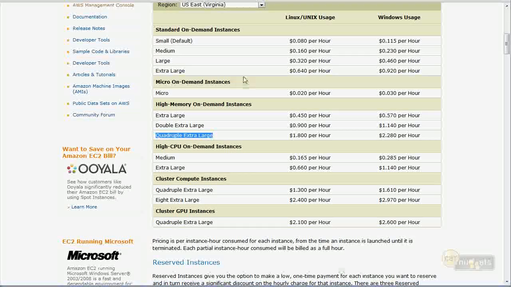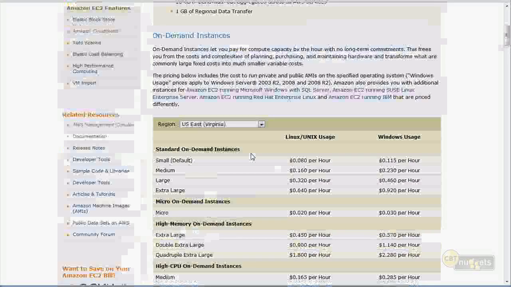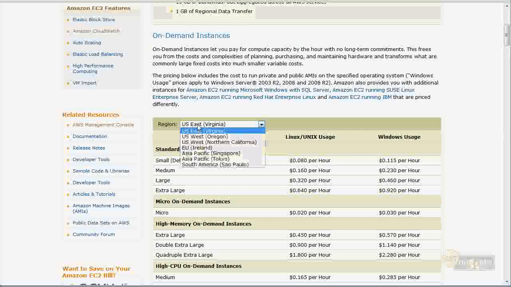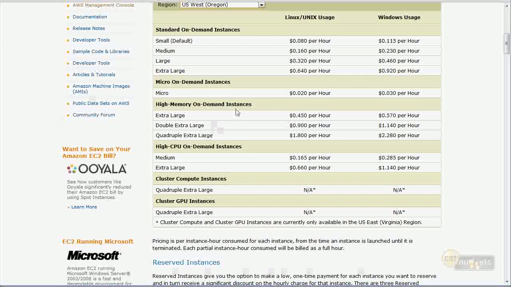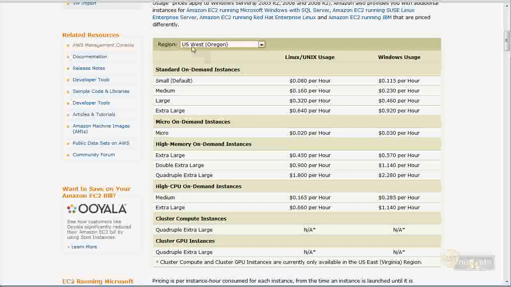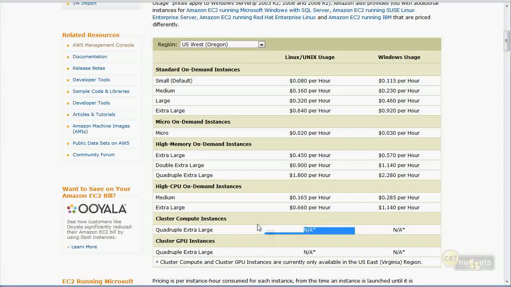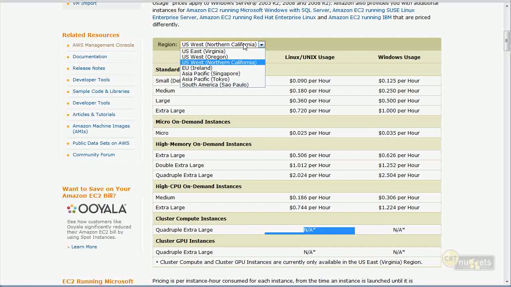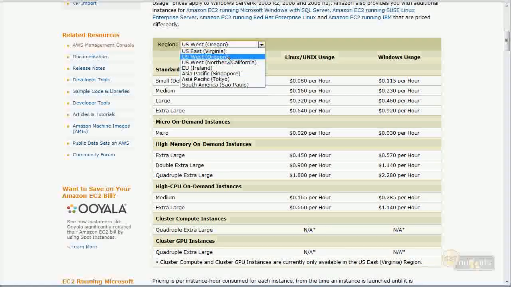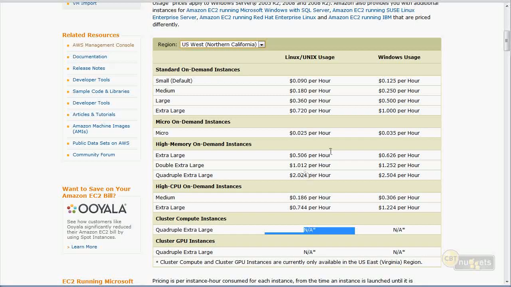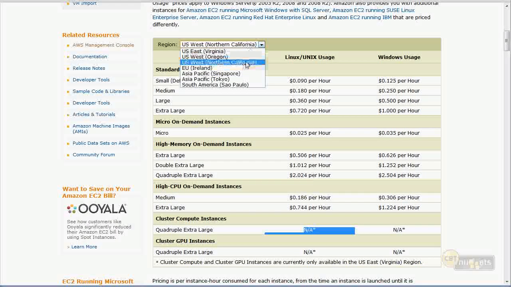But you can see that right here, you choose the size of server, and that just dictates exactly what you pay. Now, keep in mind, this is saying per region. This is the East region. I go to Oregon. Oh, look, in Oregon, the West region, I lost my ability to run cluster compute instances because apparently that data center at this time does not support those things. I drop down to Northern California. I see that it still doesn't support it, but did anyone catch the change in the pricing? When I went from Oregon to Northern California, it went up.